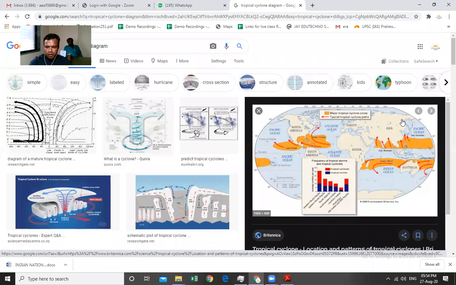So why are these cyclones categorized as temperate cyclones? The reason is they are created in the temperate zone. So how are these cyclones created? The causes, the reasons, and the characteristics of the temperate cyclones and tropical cyclones are different. Now here you can see why the temperate cyclones are created, because you can see